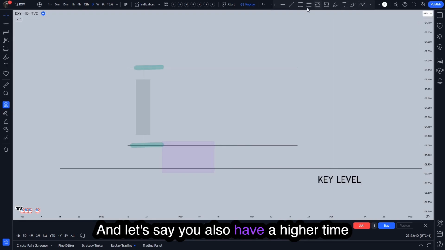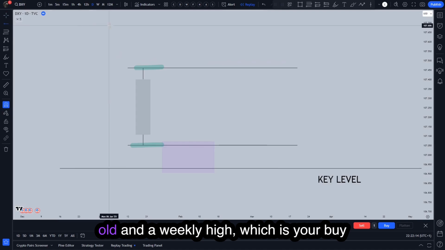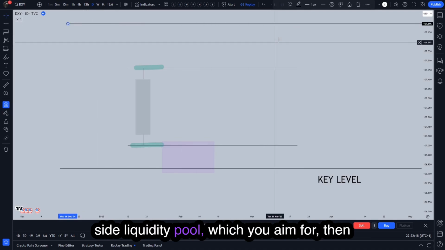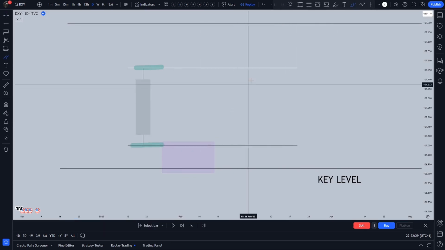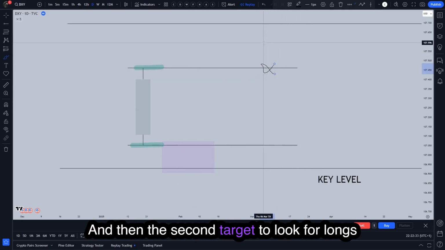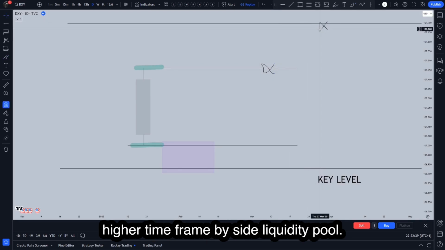And let's say you also have a higher time frame target. For example, you have an old weekly high, which is your buy side liquidity pool, which you aim for. Then you have here where you look for an entry. First target would be the Monday range high, and then the second target to look for longs or to take profit on your longs would be the higher time frame buy side liquidity pool. So